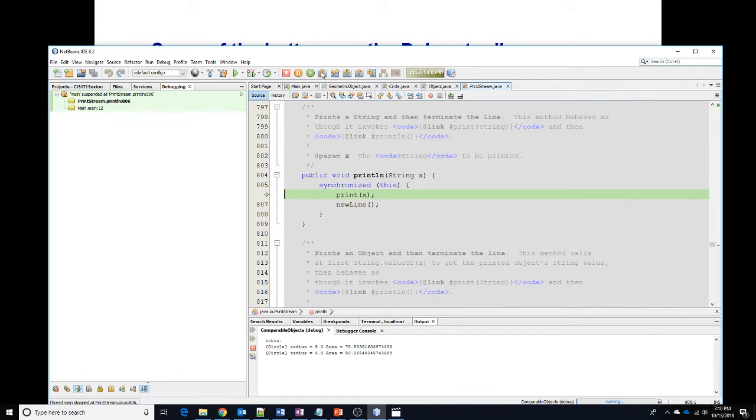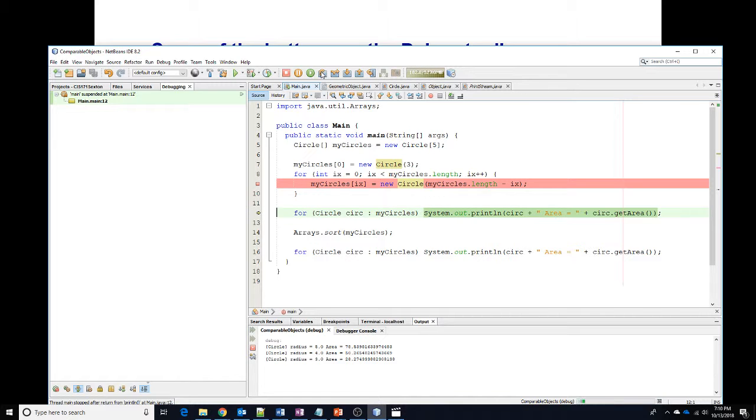We'll step over a few of these methods and we're done there. So we can see what's happening with each entry as we print it out. Now, we'll step over all of that, and we've got all of those printed out, and we're to our sort